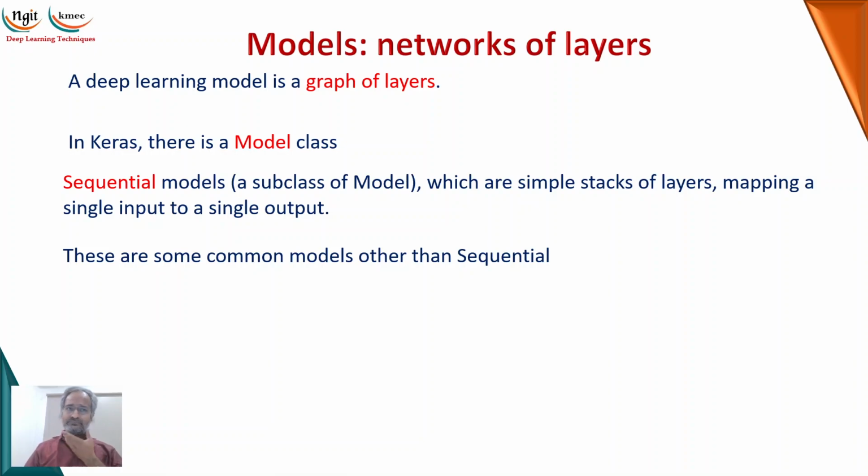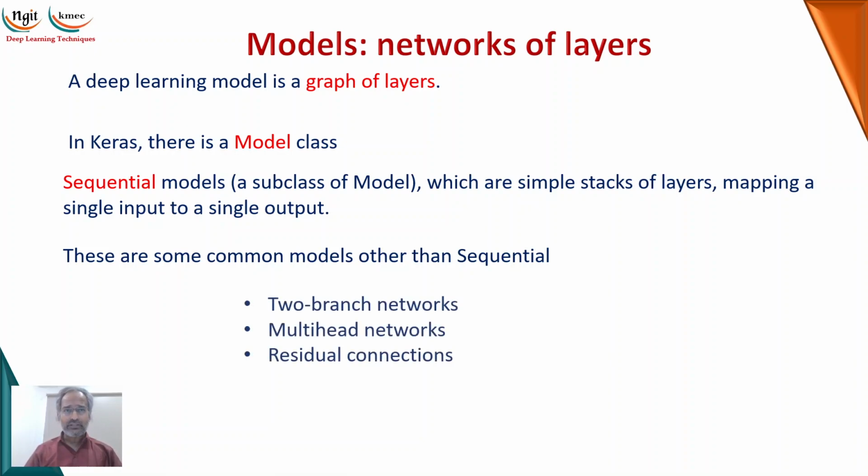Okay. Now there are some common models also, that is the two-branch networks. There will be two branches of the network, they will be connected somewhere, and again they will perform some operations. Or multi-head networks, where there are a number of places where it starts, and after performing some operations again they will be connected and they will generate the new thing. And residual means it will be connected from the top layer to the bottom layer. There will be a bypass connection available to increase the strength of the input.